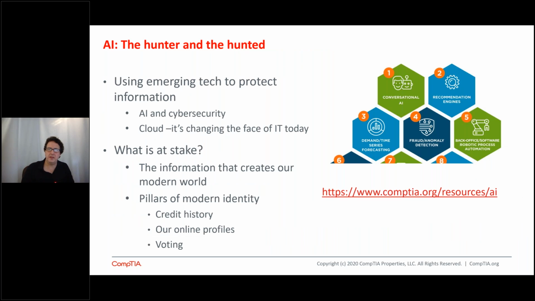AI is something that can be used to protect information, right? We're seeing cybersecurity tools use artificial intelligence all the time. It's in the cloud constantly, but we're also seeing it attacked. Because which is better from an attacker's perspective? To bring down an artificial intelligence solution to do a denial of service attack and crash it, there's that. Or is it better to manipulate it so that it starts providing information that's really skewed in your favor? So we're seeing a lot of data manipulation attacks and things like this.